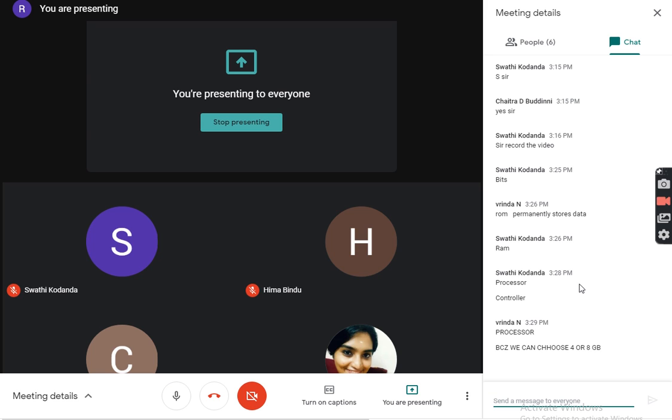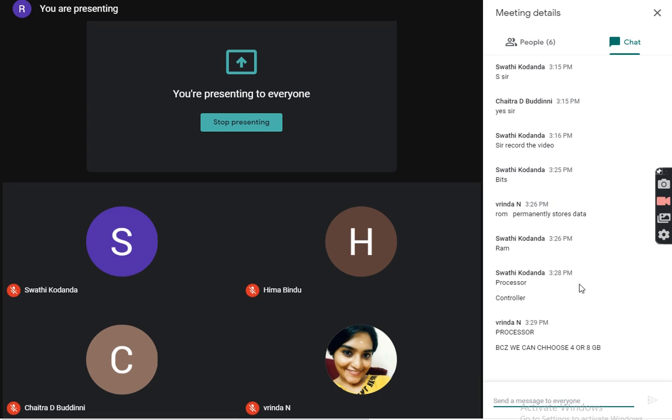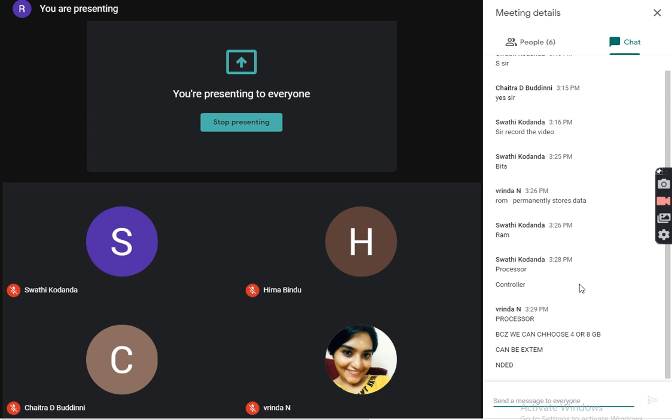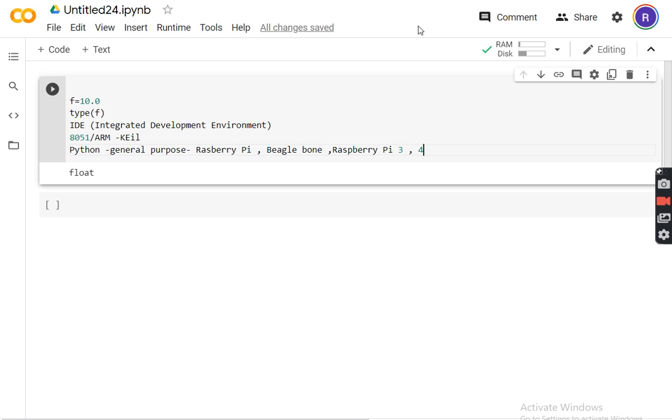So that's why I'm telling that it has a processor. It is because of that we can extend. Yeah, it can be extended. Yes, exactly. It can be extended. That's why I'm telling that it is a processor. Fine. So, and then